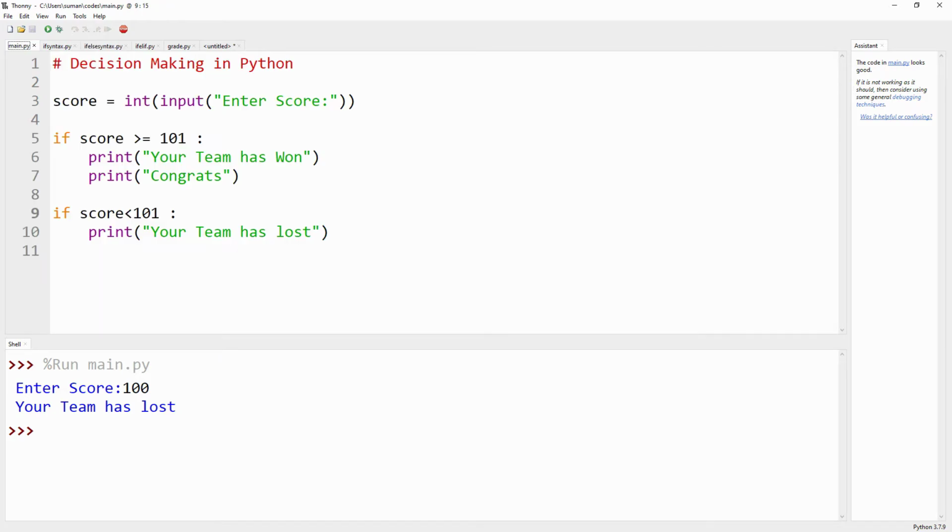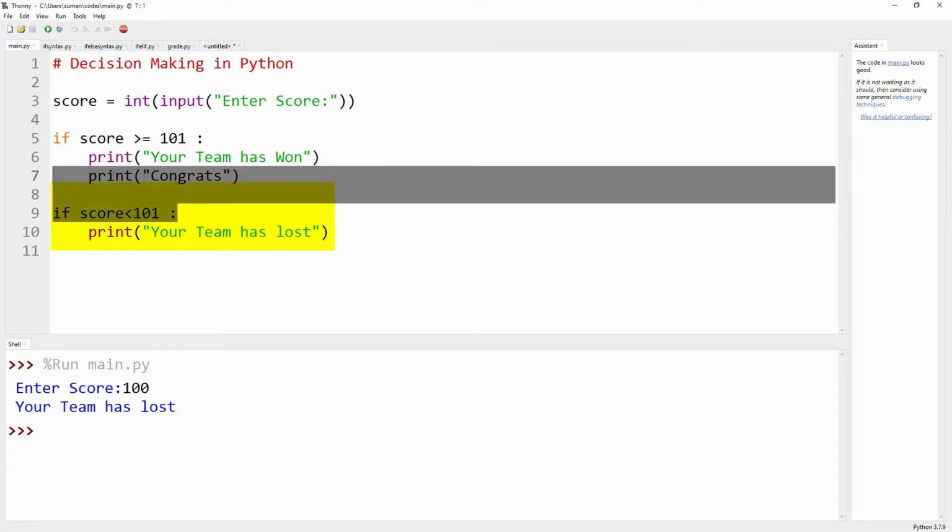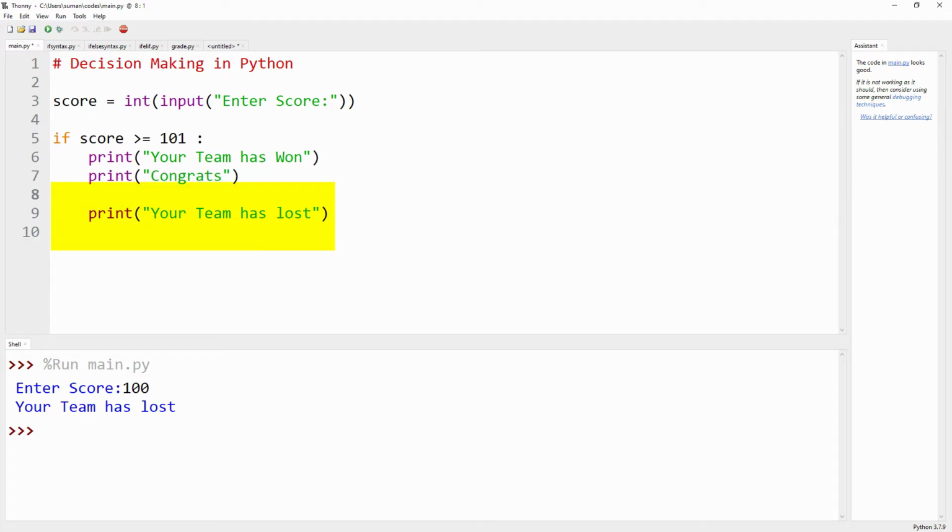Let's check with the same problem. If score is greater than or equal to 101, print your team has won, print congrats, otherwise we remove that code and use the else colon here. Let's check, enter score.